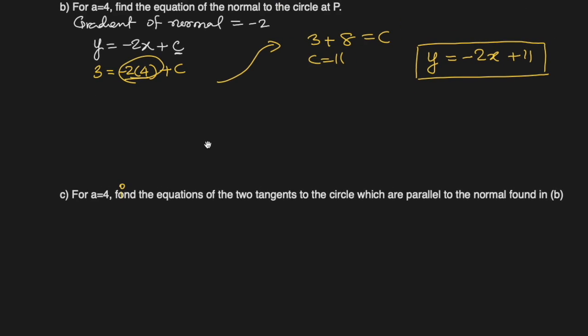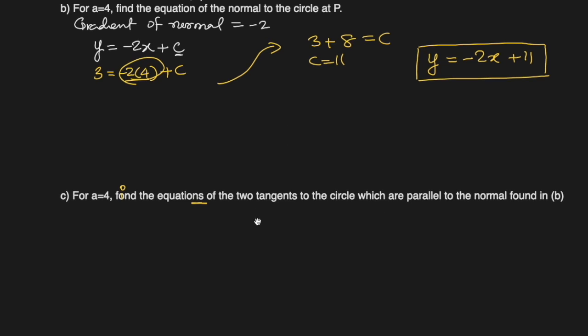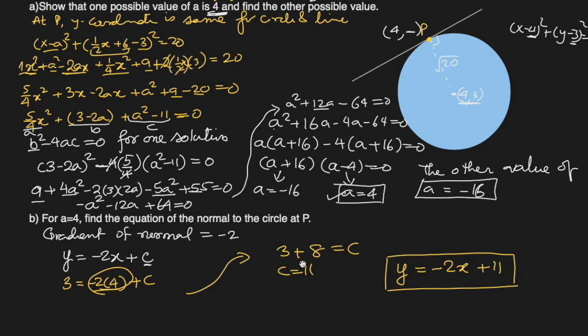Next one is that for a equal to 4, the one we just found out, find the equations of two tangent to the circle which are parallel to the normal found in part B. Okay, that means we have to find the equation of the normal which will be in this direction. And second one will be here, but I'm not focusing. I'm focusing on only this one. This will be,